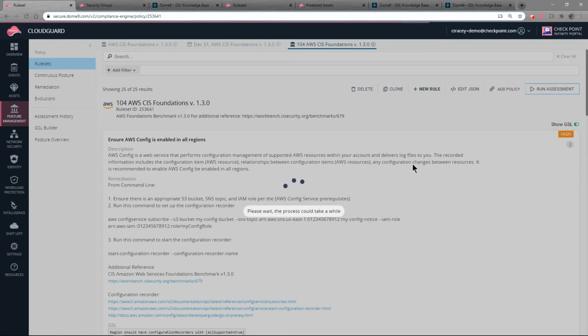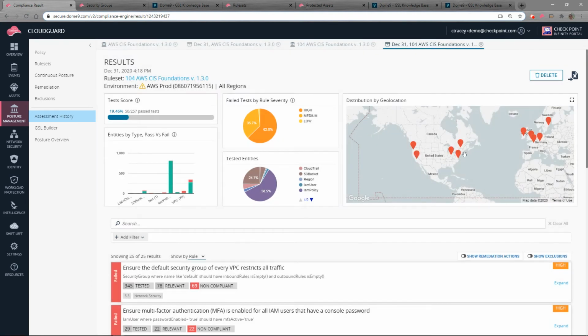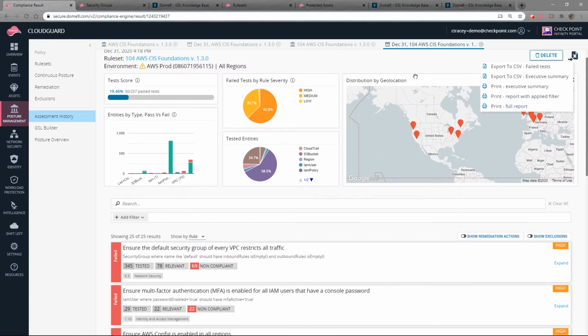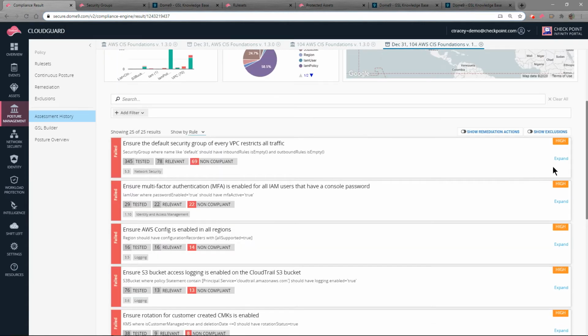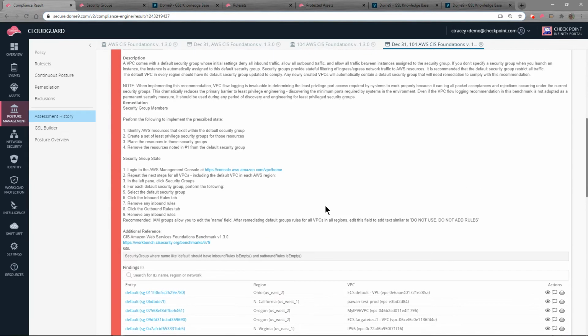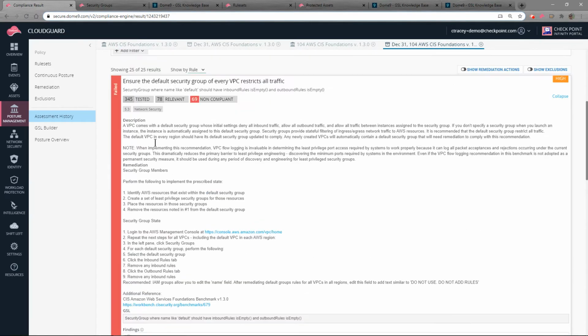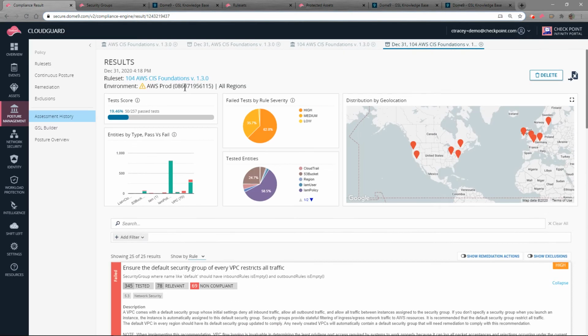There may be new rules in this rule set that we or others had made modifications to. But it is a similar looking report with the same interaction, the same export options in terms of exporting or printing that report, the same options to expand, but it may not be the same severity level as before because we changed it,